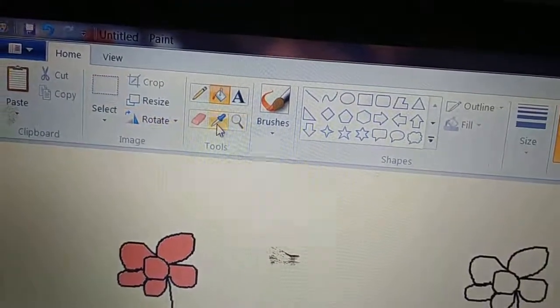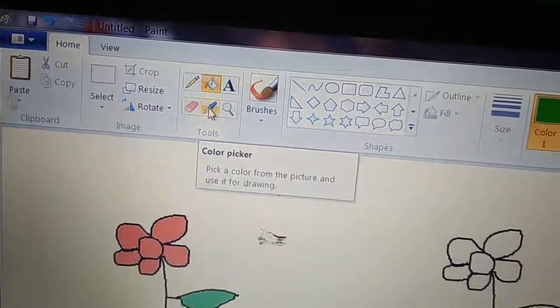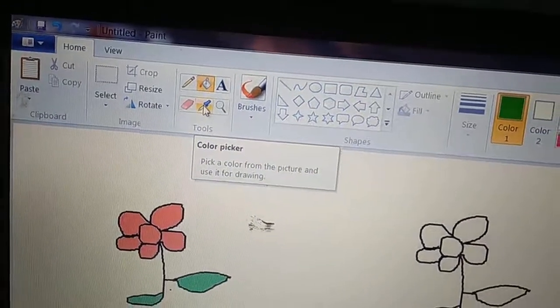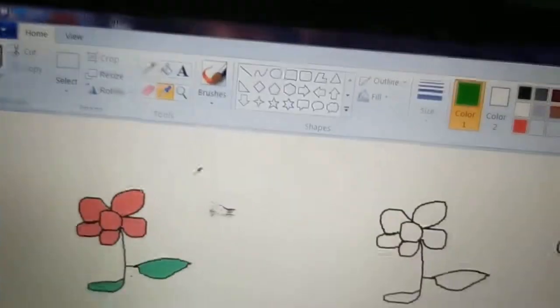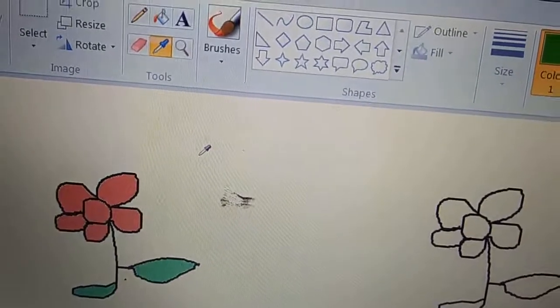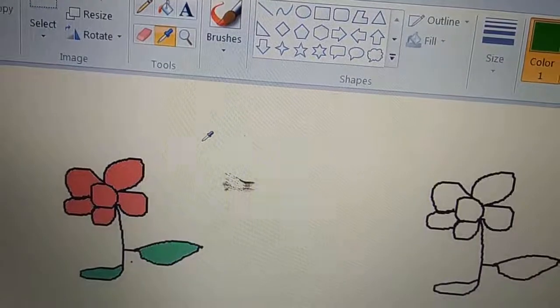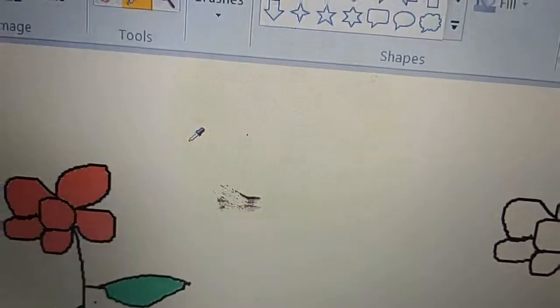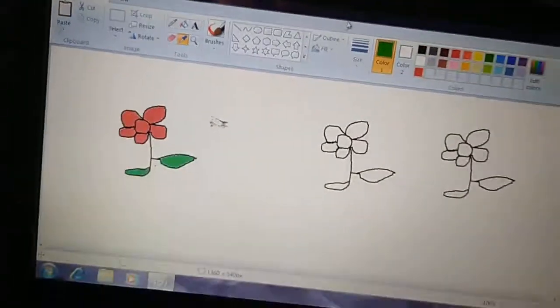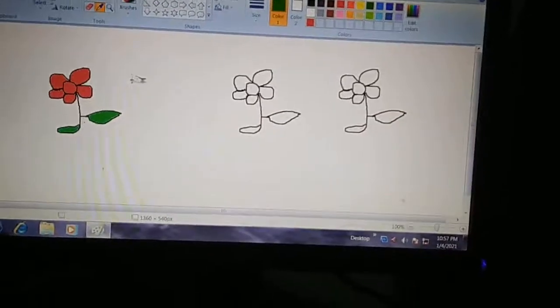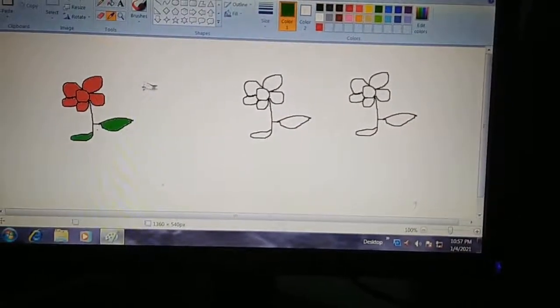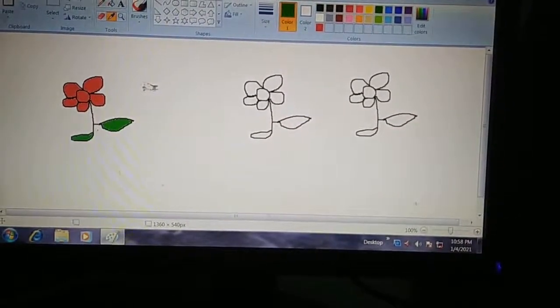When you click on this, you see the pointer has been changed into a dropper, like a dropper, isn't it? Yes.